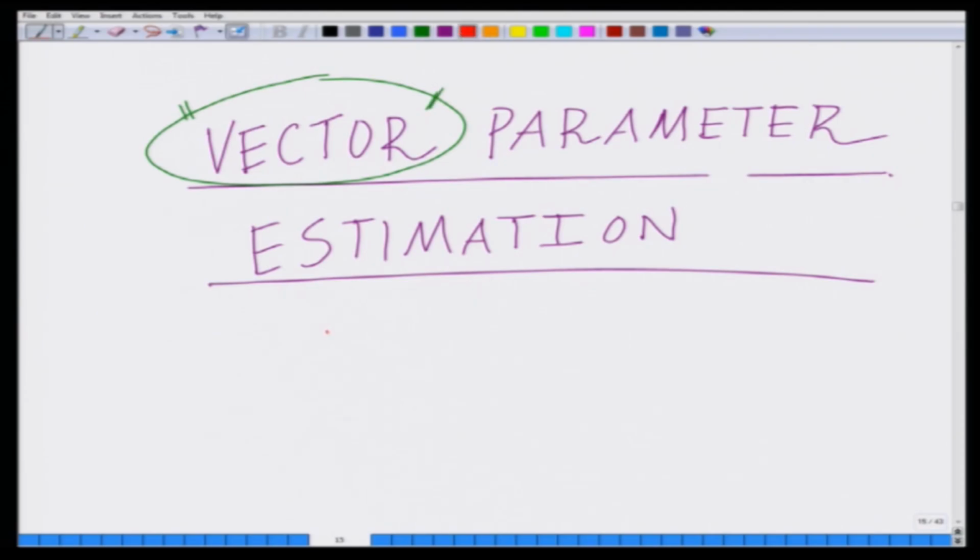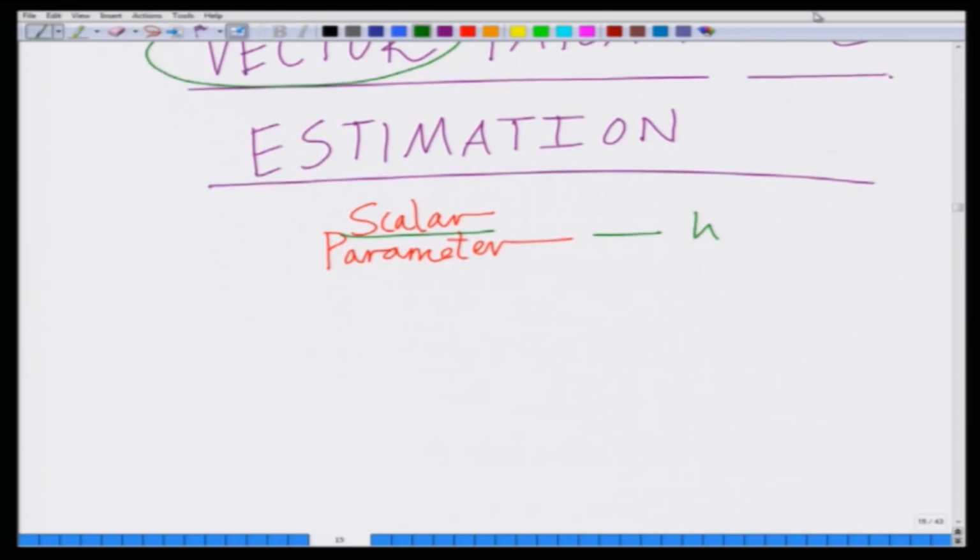So far we have talked about a scalar parameter h, that is, estimation of a scalar parameter h. From this module we are going to start talking about estimation of a vector parameter,